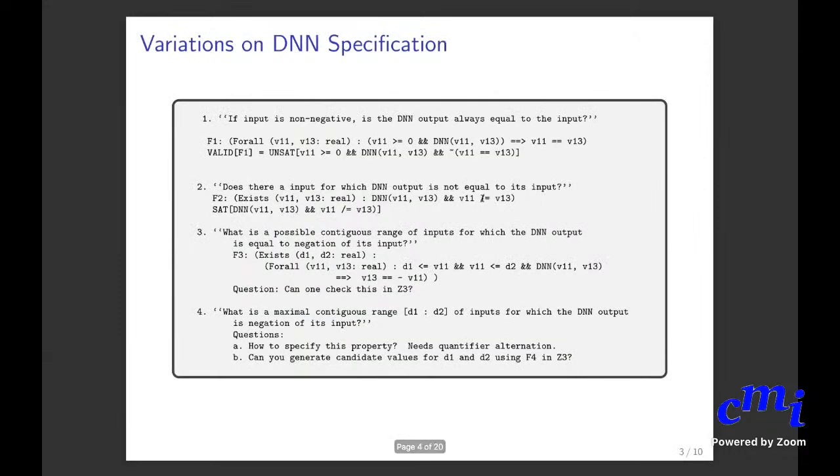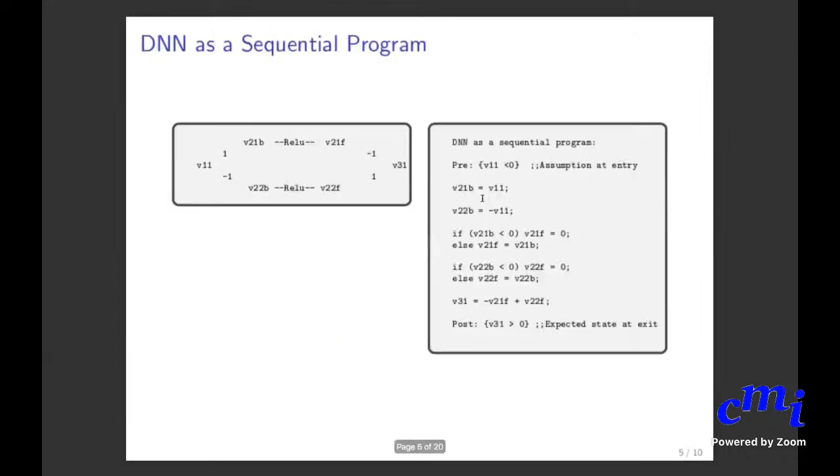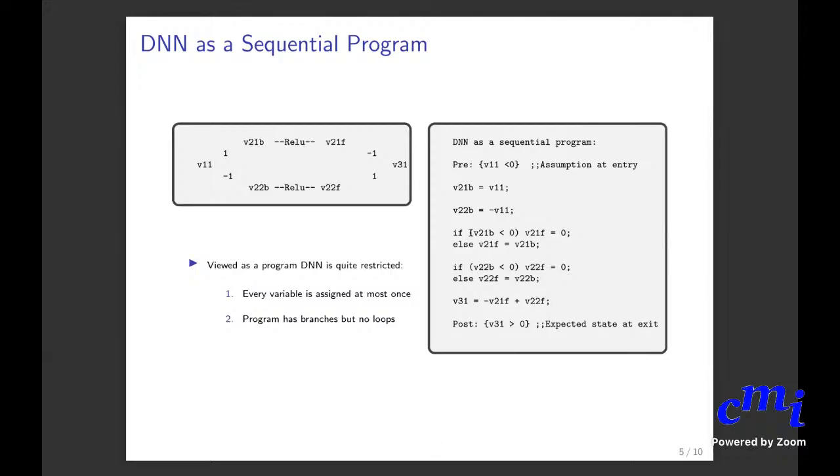First of all, I started last time by converting this DNN into a simple sequential program, okay? And I made the observation that a simple DNN of this kind is,